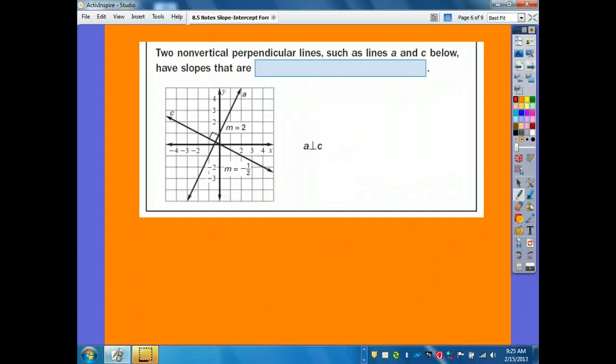Now we're talking perpendicular. Now they don't run parallel to each other. Now they intersect each other. But when they intersect, in order for them to be perpendicular, it has to make a 90-degree angle. Exactly. They have to have a 90-degree angle where they intersect. That tells me these lines are perpendicular. Whenever you have perpendicular slopes, say I have this line, you have to have fill this in,